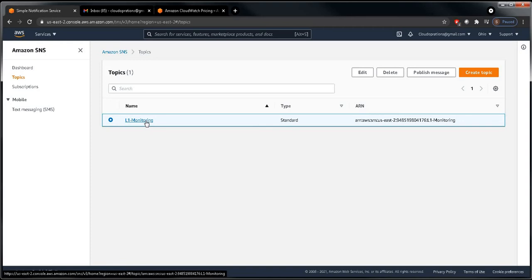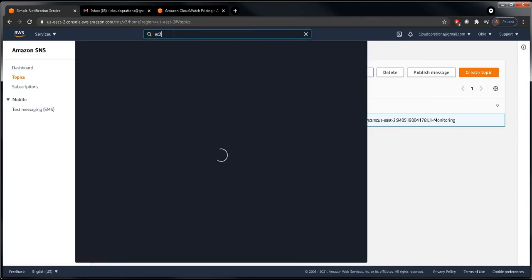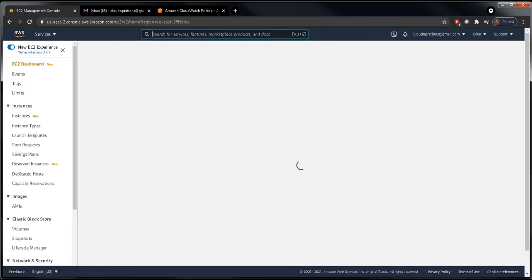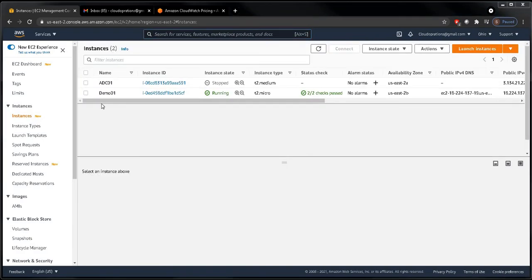So let's see how to configure those alerts. Let's go back to EC2. On this demo server we are going to target our alerts.